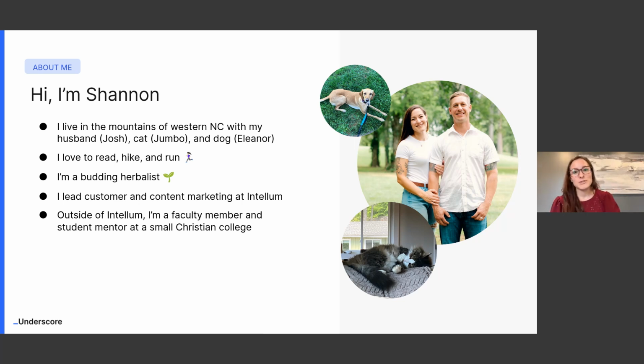My dog, Eleanor, she's just turned 4, and my cat, Jumbo, he'll be 11 in a few weeks here. Love the great outdoors, love to be outside. It's been so nice outside lately, so that's really exciting. And then outside of my work at Intellum, I work with college students. So if you hear me referring to students, college, that's kind of my jam outside of work.